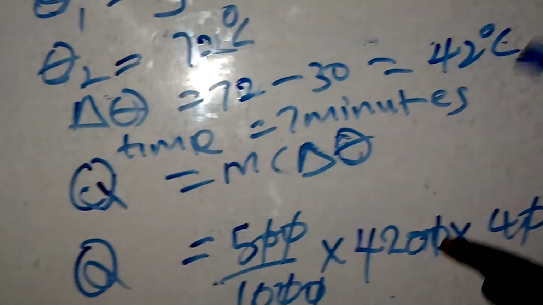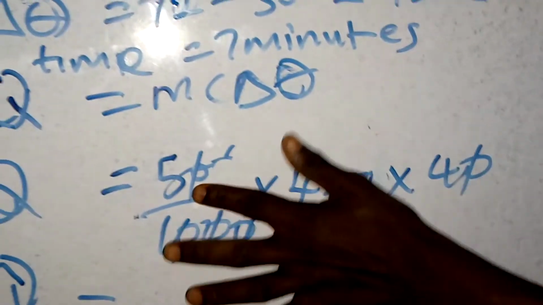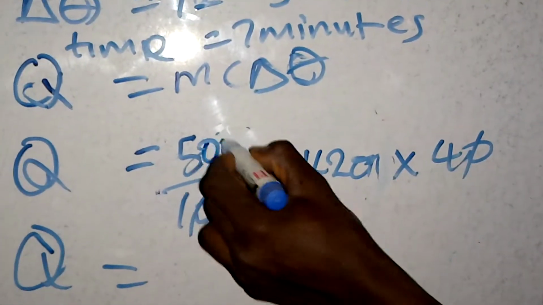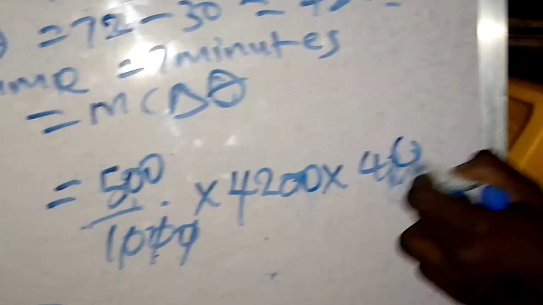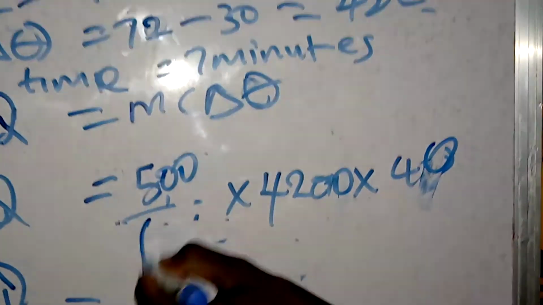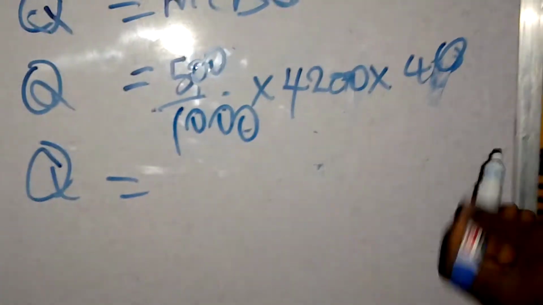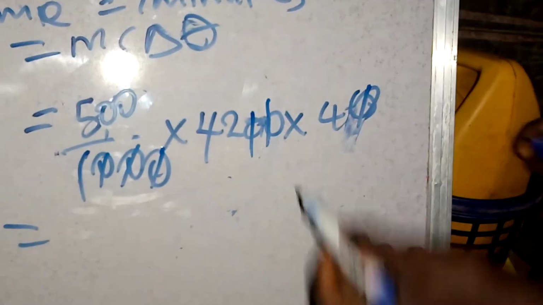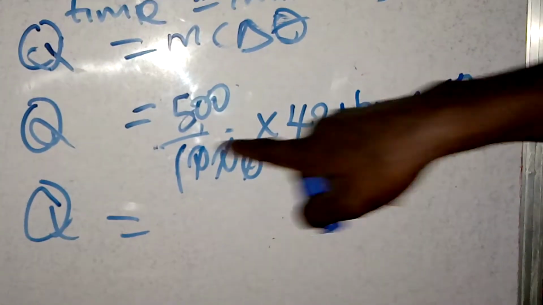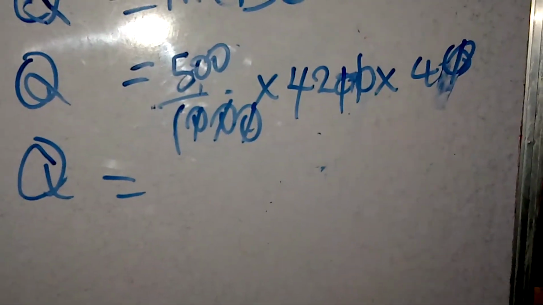So let's recut. This is 500, 4,200, 42, and this is 1,000. We cancel, and when you multiply everything together, the answer will be